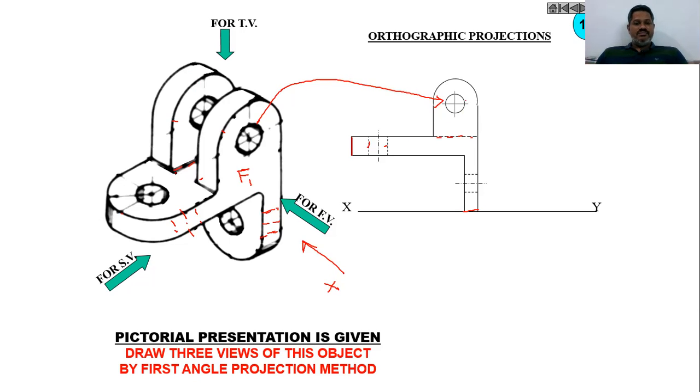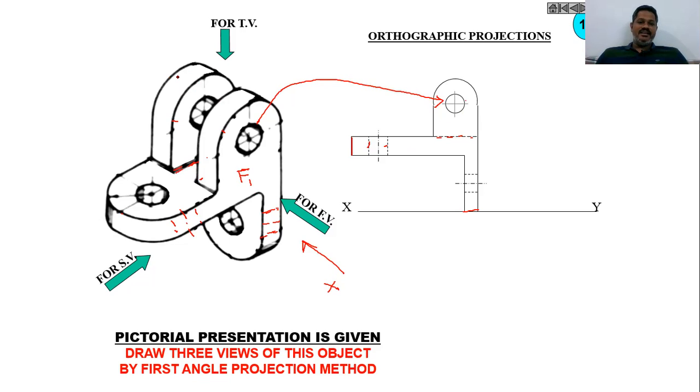And finally we must represent one dotted line which is hidden when you see from the top. So this line represents a dotted line like this. Now let me move further to see how to draw the top view for this. In the top view,